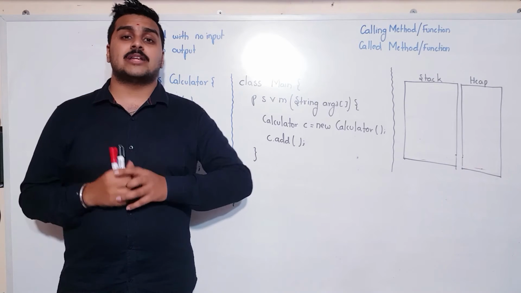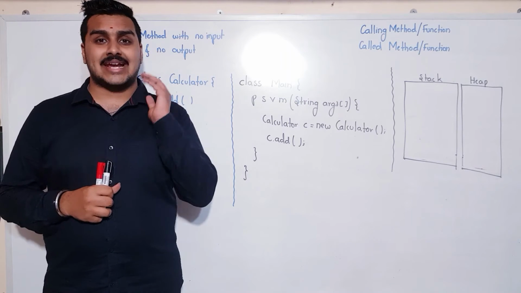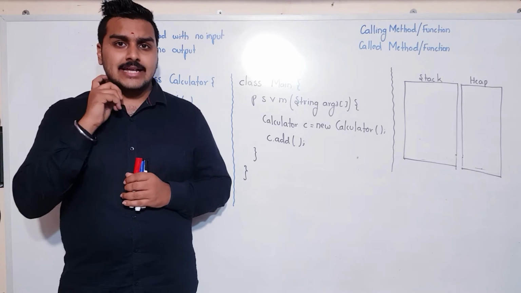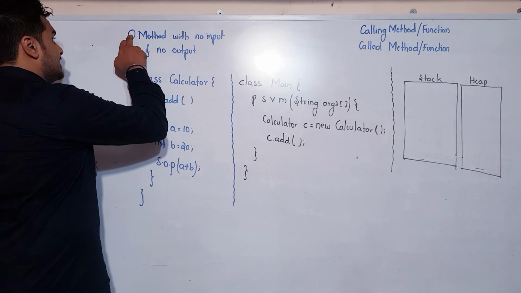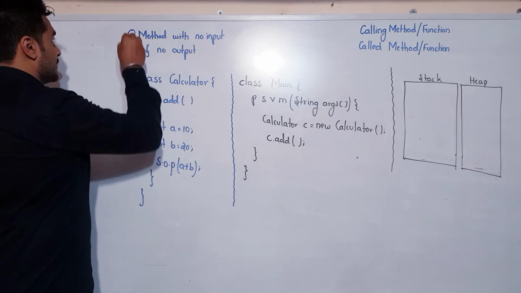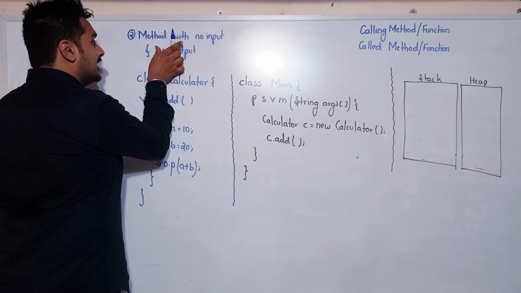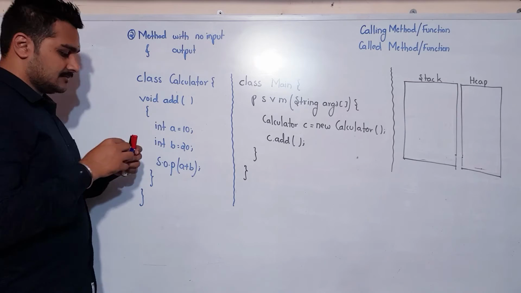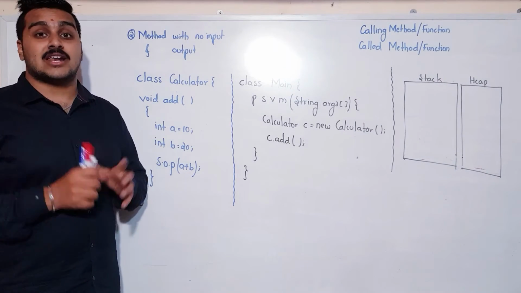Okay, I presume that you copied the previous program clearly. Now, let us go ahead with the second type of method. What is the second type of method that we have in Java? If you know, the second type of method here is method with no input and with output. I'm going to have an output in this method. Okay sir, how does it look like?